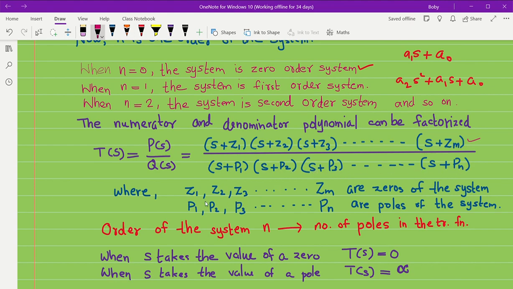Here the roots of the numerator, z1, z2, z3 up to zm, are the zeros of the system,